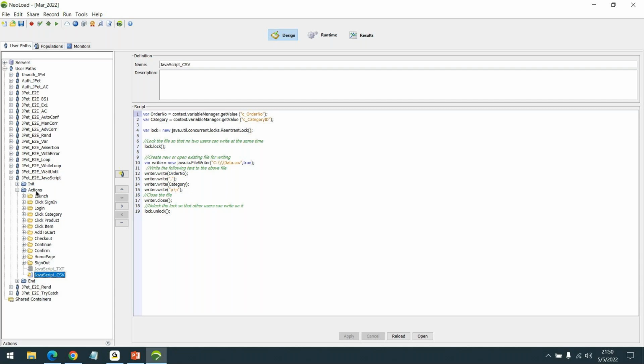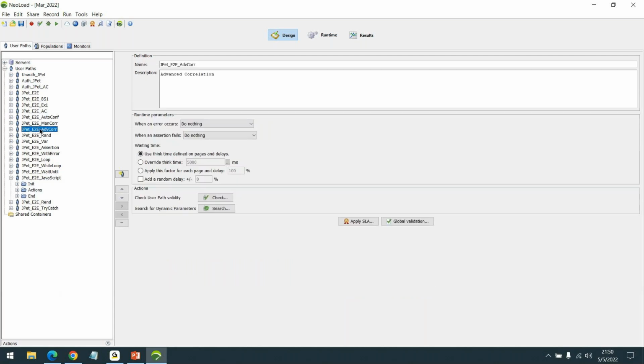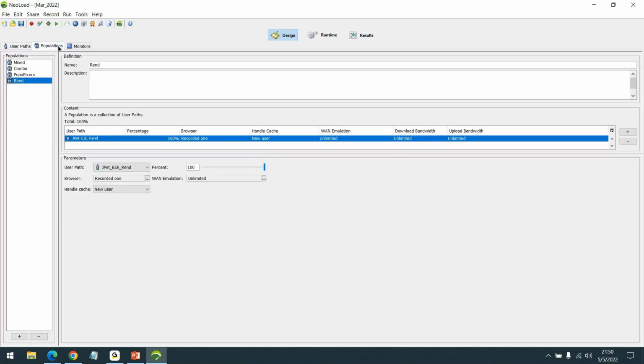Yes, so it is possible, and we'll also be having a dedicated session for this. There are some interesting topics like rendezvous that we are having. We'll be discussing them, but these things will come after we cross the basics, right? So we will complete the advanced correlation and randomization. I think till assertion we will work with, and then we will move on to population.